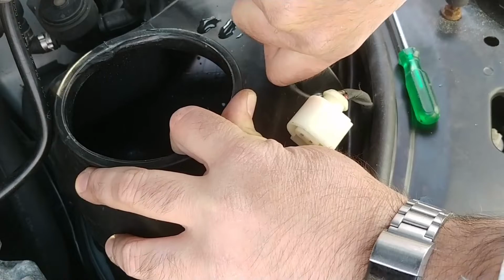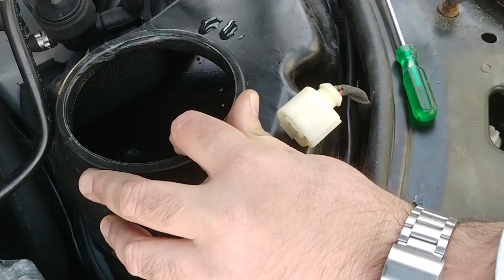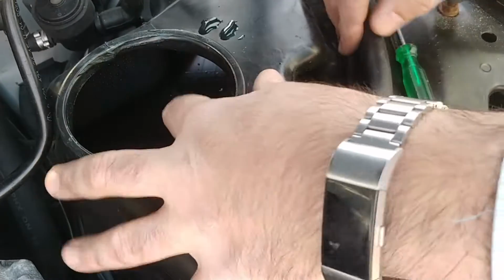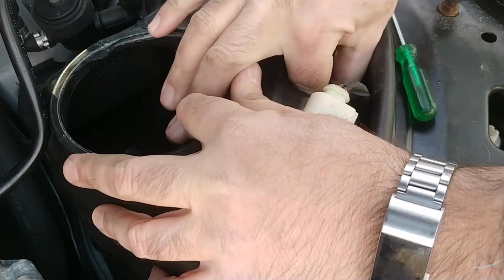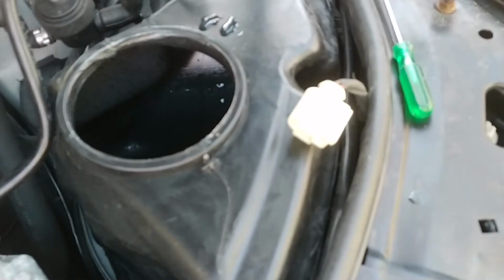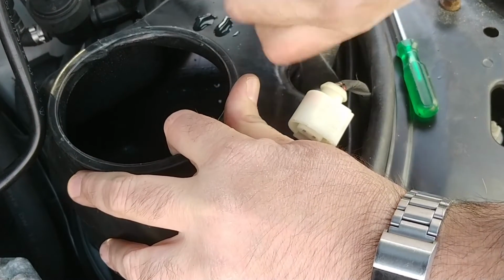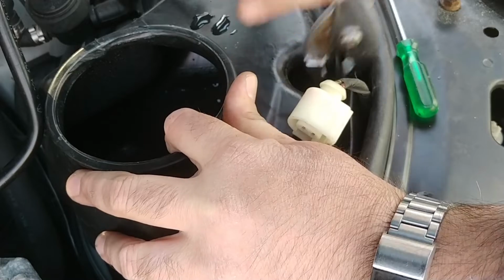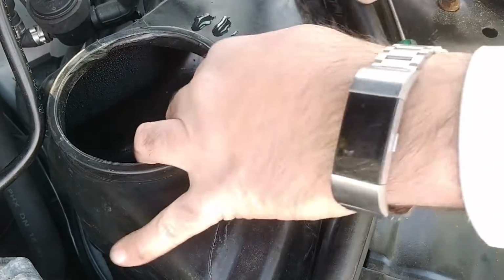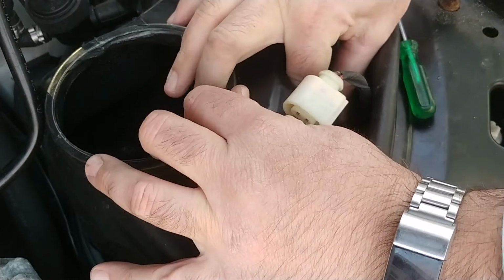Come on now. All right, don't want to break the tank either. Is that coming up? Can't tell. I also don't know how far up it will go. There it goes. All right. Yeah, so now it's just a matter of...